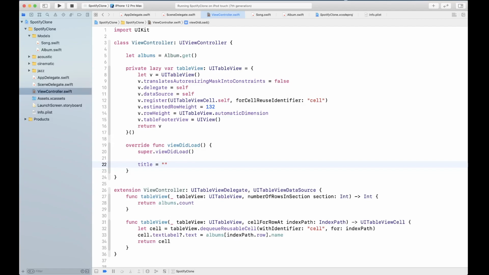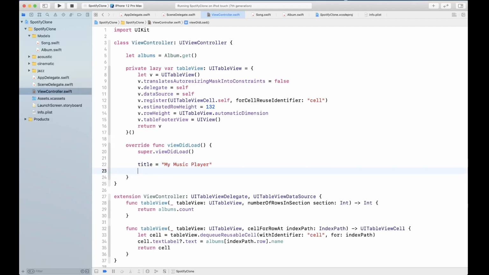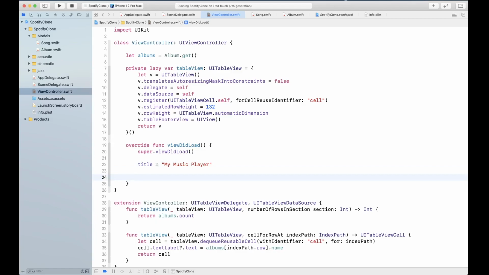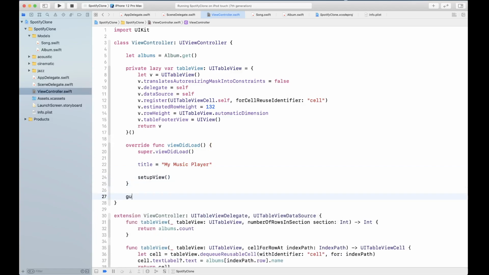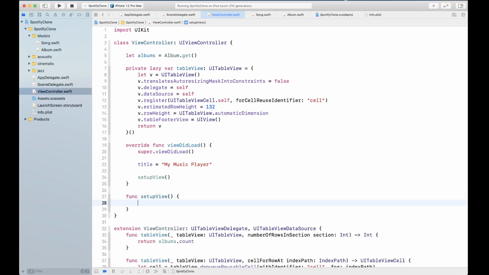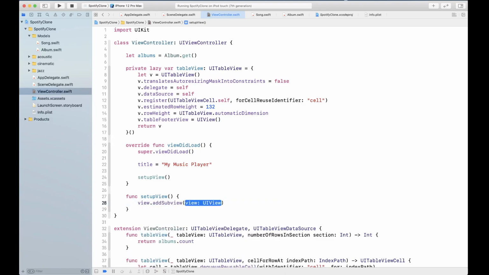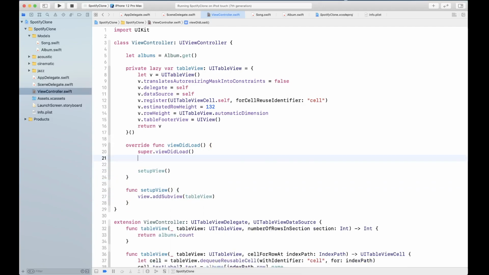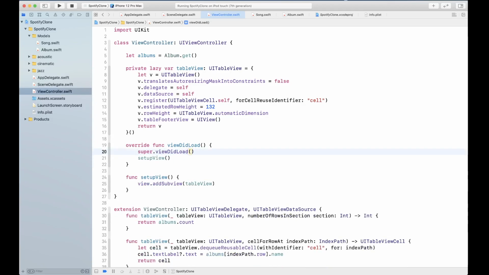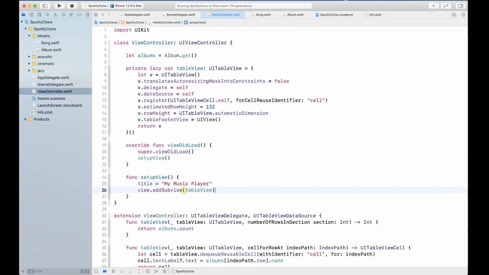So basically, this title is going to show up in the navigation bar. So you're going to see my music player, and now we're going to create a setup view function where we're going to add our table view. So setup view, and we're simply going to say view.addSubview, and this is going to be the table view. Okay, and basically let me put this there as well inside the setup view, and we are also going to